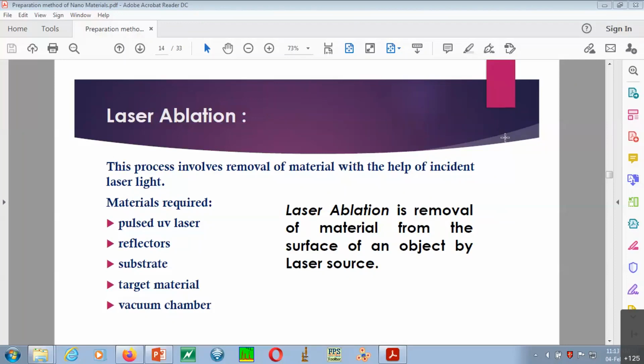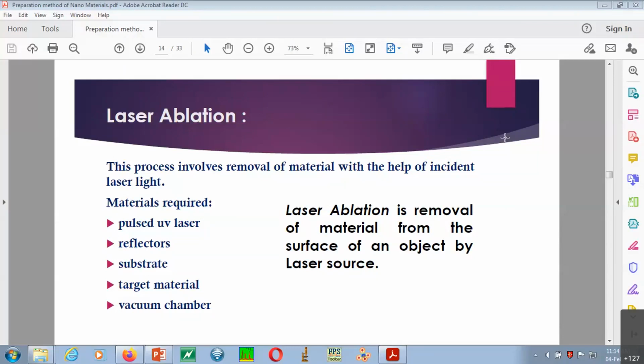And then you are creating fine size particles from coarse size particles. Already you have the particle at the bulk level, that means millimeter size or more, and with the help of ball milling you are grinding and converting it into smaller size particles which come into the nano range. But obviously you cannot claim that it is going to produce only nano. That may vary from micro to nano range by this ball milling method.